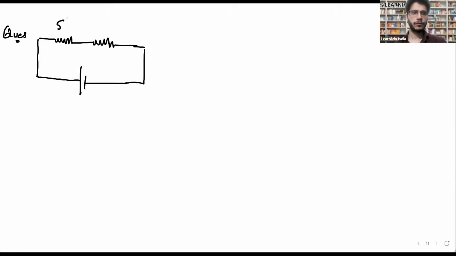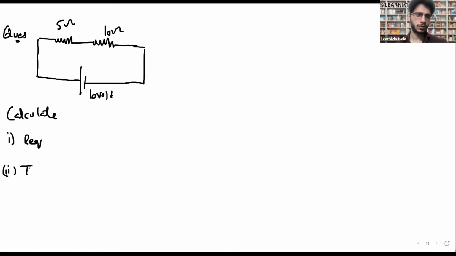So this is 5 ohm, this is 10 ohm, and this is 10. See, the question is similar. Calculate, first part, R equivalent; second, total voltage, sorry, total current;